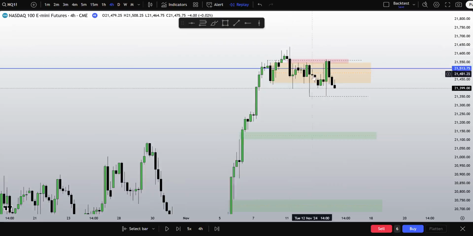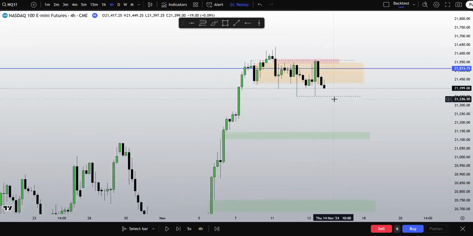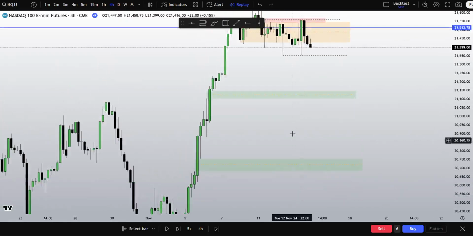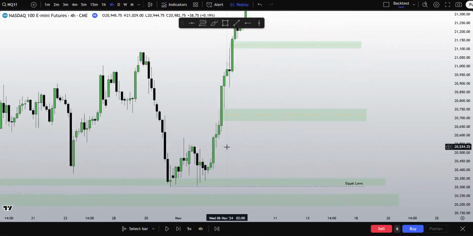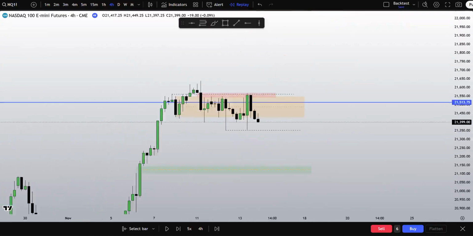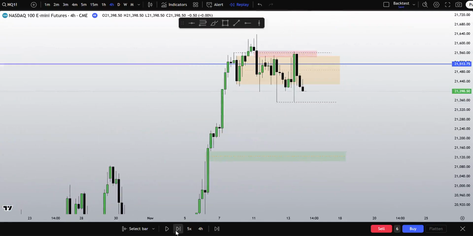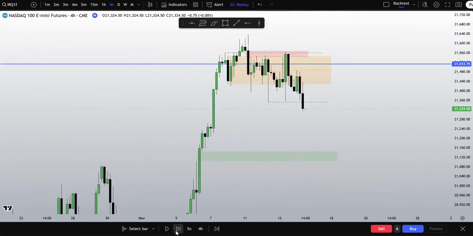Didn't take this high. I would like to see us take this low, then this imbalance. Should we disrespect this imbalance, this is where my eyes are next. Should we disrespect this, my eyes go right to those equal lows. Again, even this is the simple draw as well, if we disrespect that one. But that's a bit far-fetched right now. Let's just focus on the simple draw right here. Simple draw tapped into.